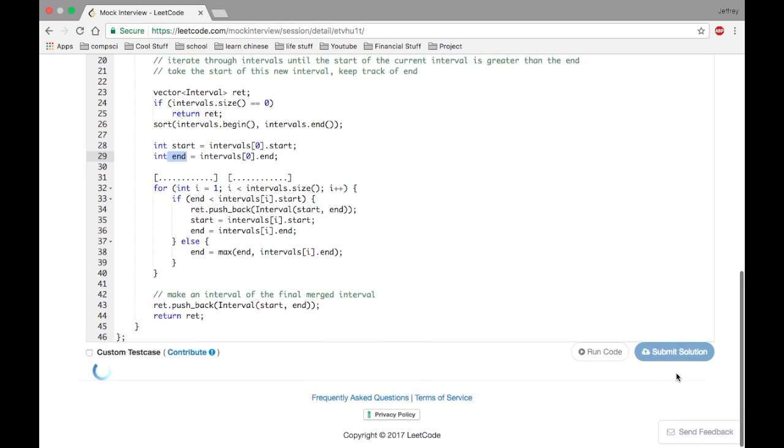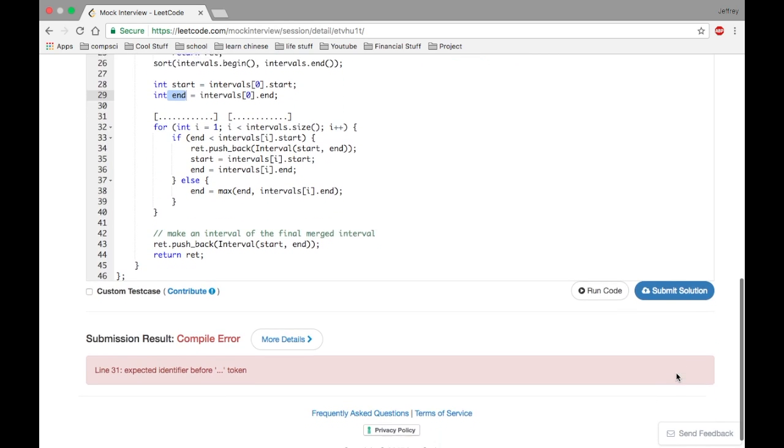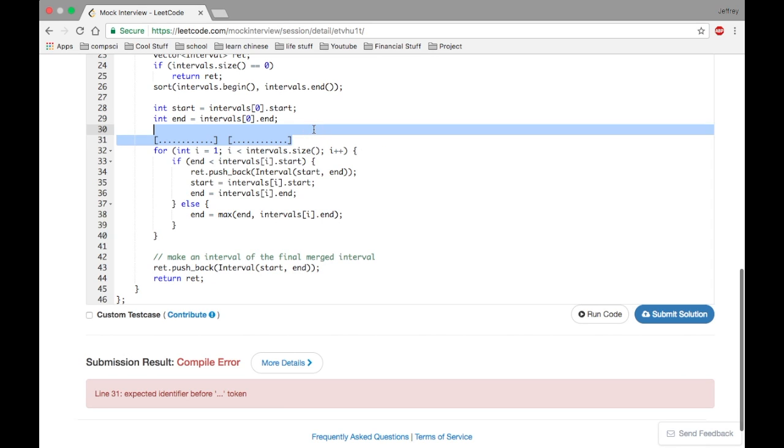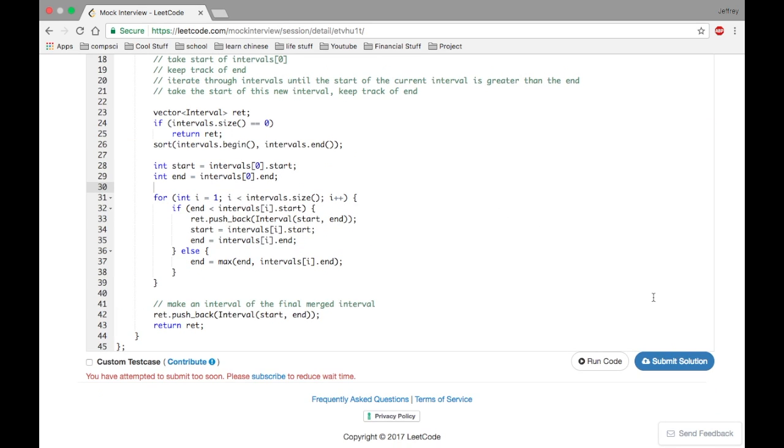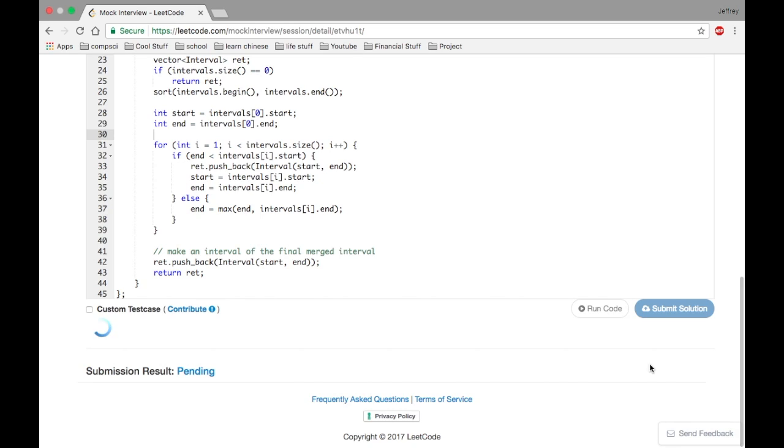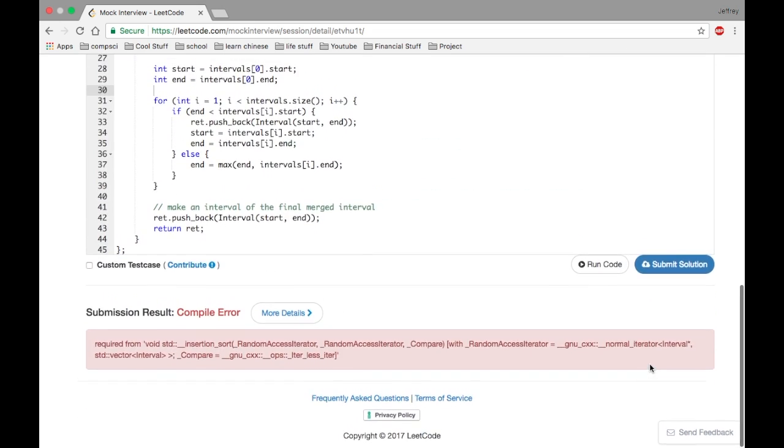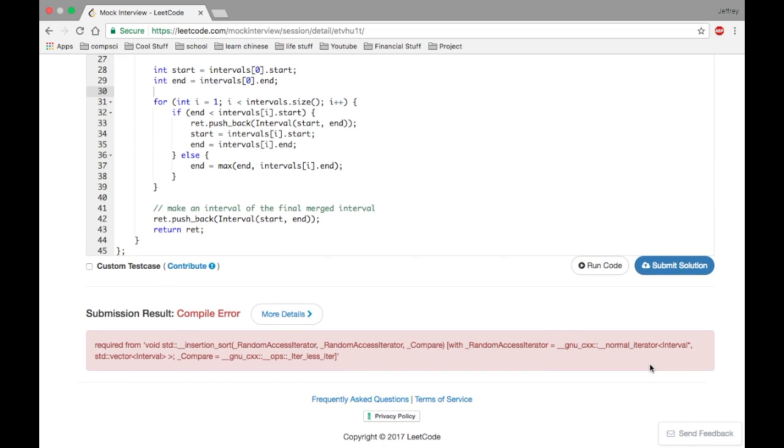All right, let's see. One time accept. Oh my god. Oh, okay. That doesn't count. Come on. 1, 2, 3, 4, 5. Why is it pending so long? Okay, so what is it? What does this mean? All right, I'm gonna